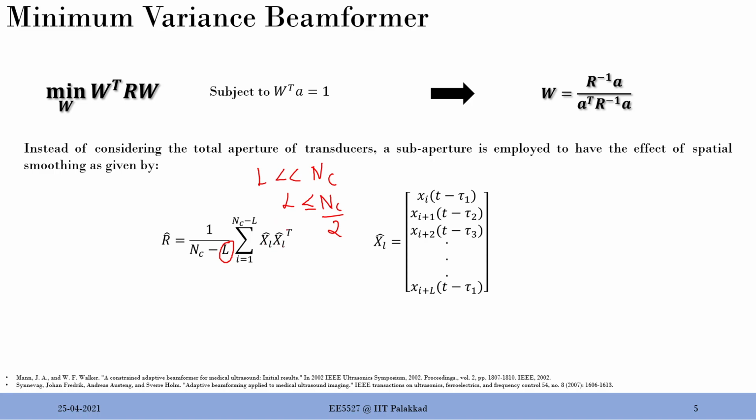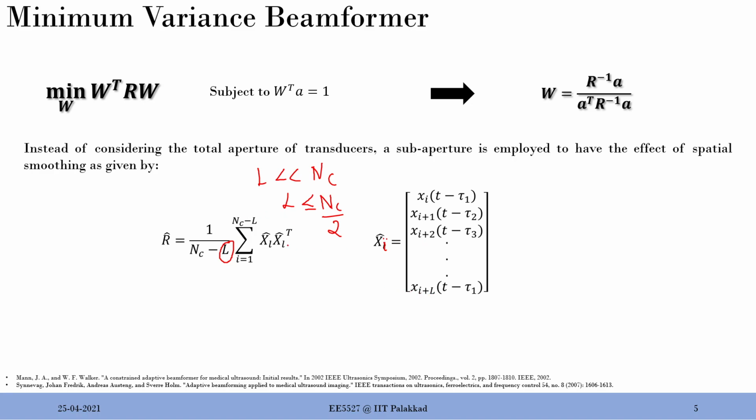x_i transpose. So what is this? Is this exactly what is happening here? You just see this is i. I think I put L here, maybe it's wrong. This is i. So this i is basically varying here. Let's say i equal to 1, that means x1, x2, x3 up to, if L equal to 32, up to 32, right? In fact 32 elements. And then i equal to 2 means x2, x3, x4 up to 33, and so on.